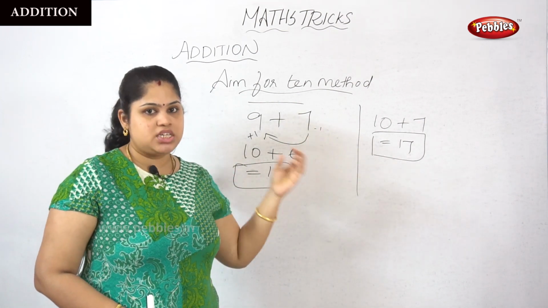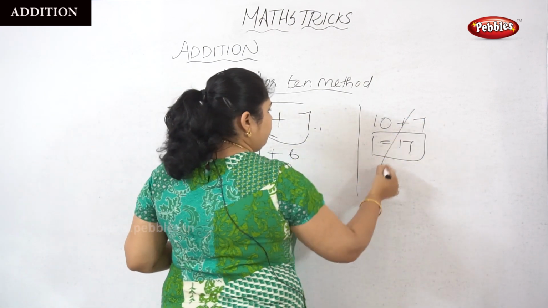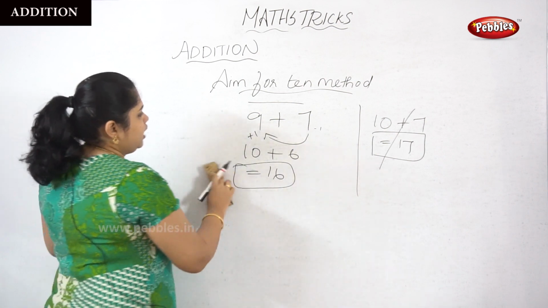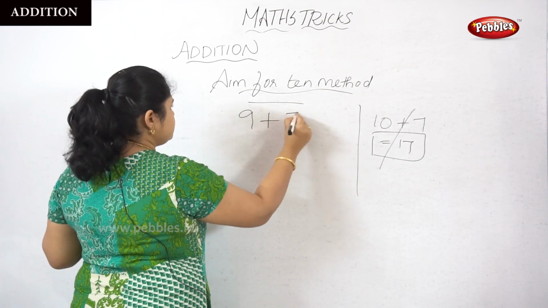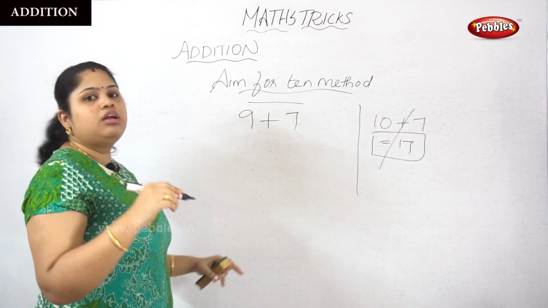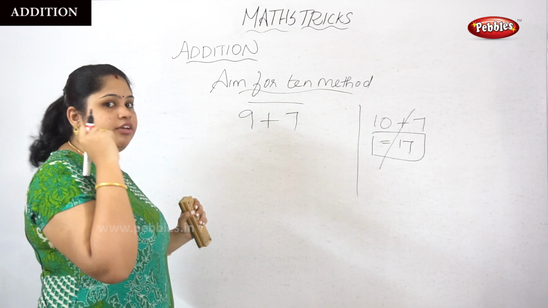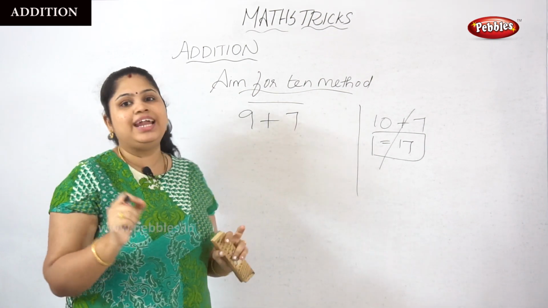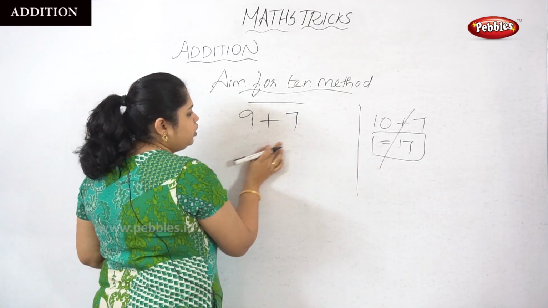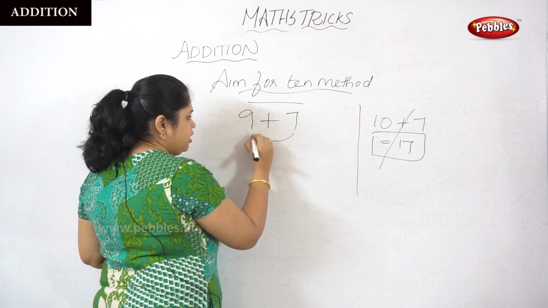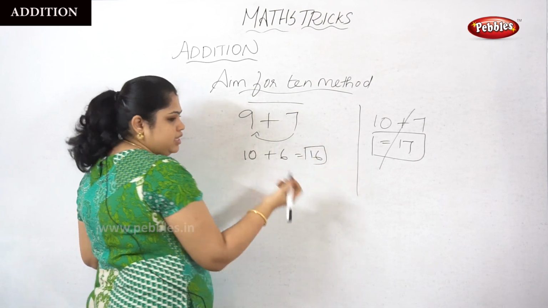When it comes to numbers like 28, 27, it's a very wrong method. You cannot apply this method. Once again I am telling, what's the number I have given? 9 plus 7. So we cannot round up the number. But if we add 1 to this number, we get the 10, isn't it? So listen, we are going to give one number from the 7. Then it will become a 10 and it will become a 6. The answer will be 16. It is very easy.